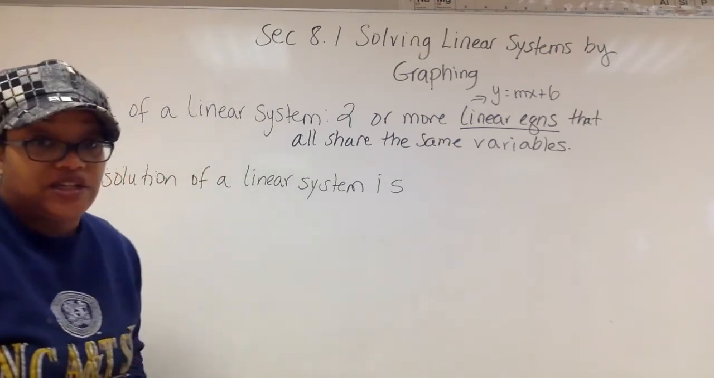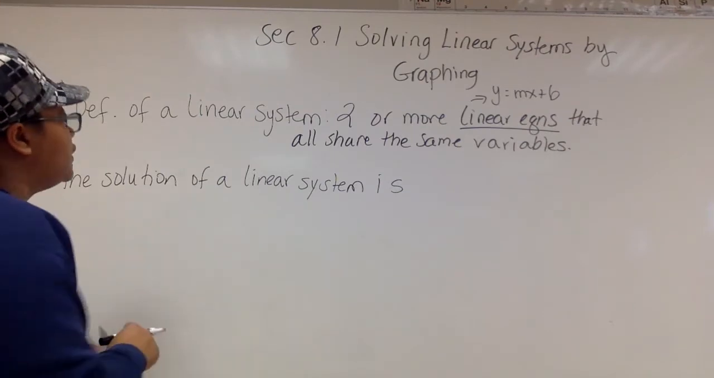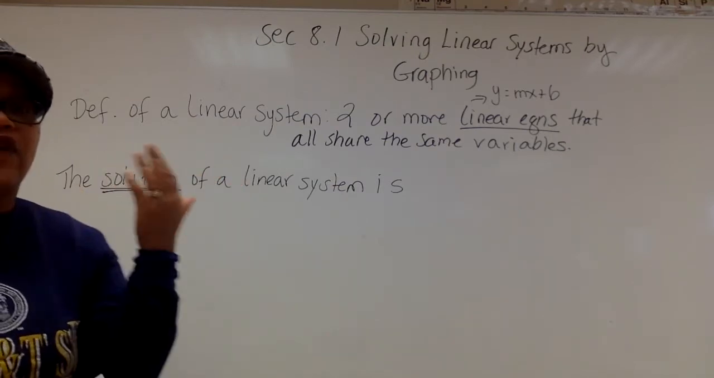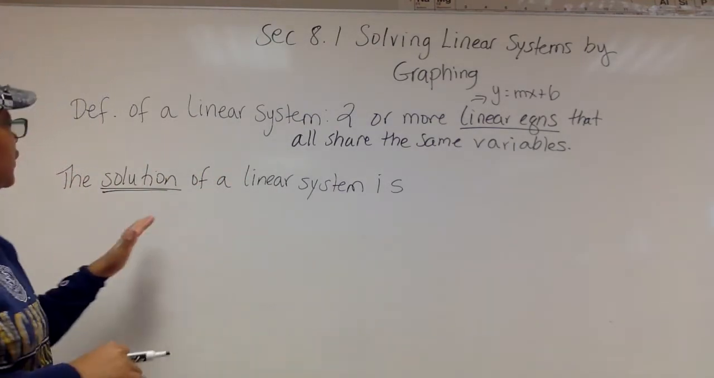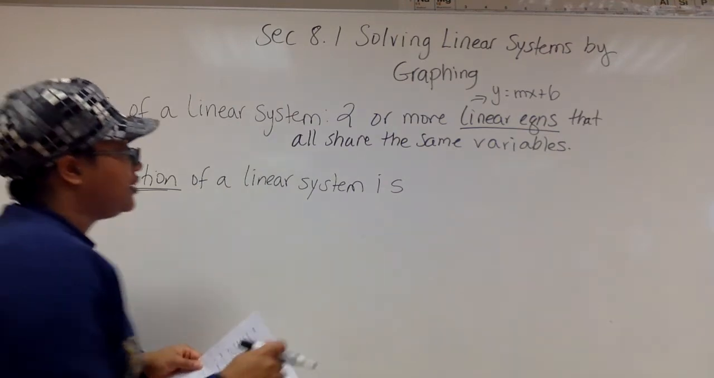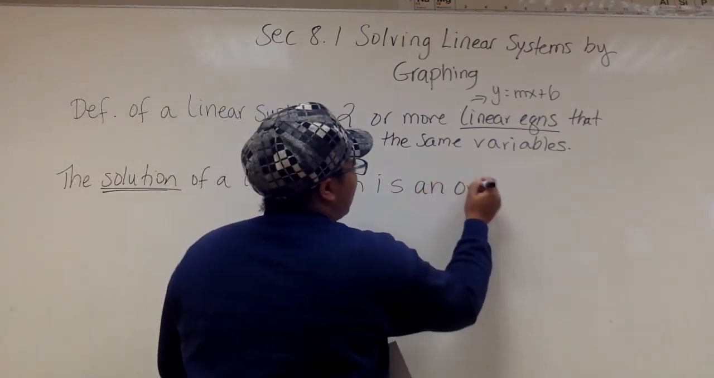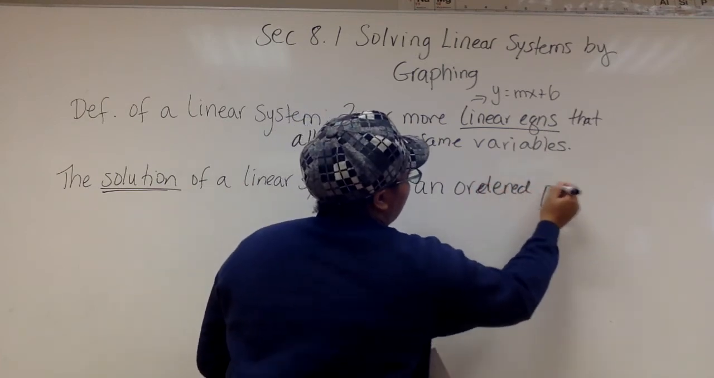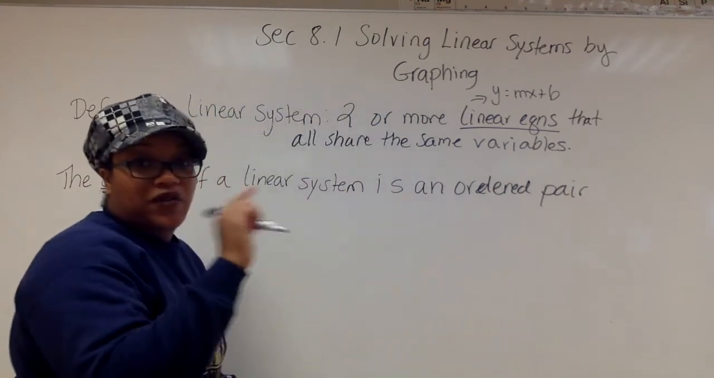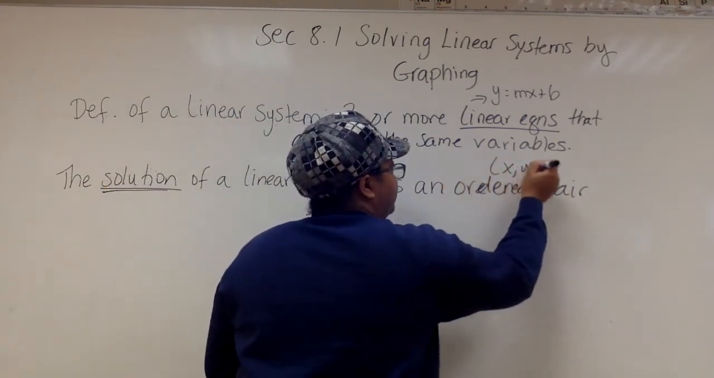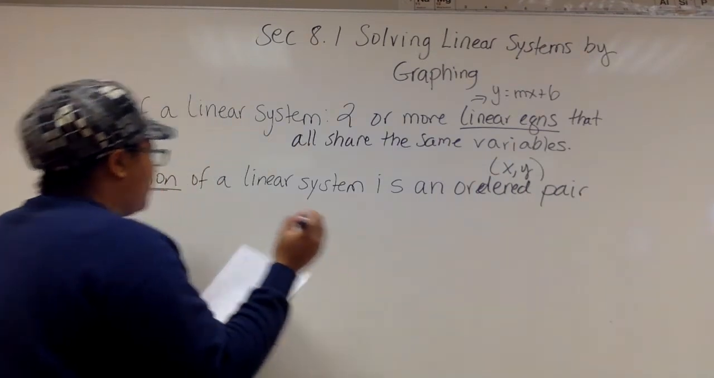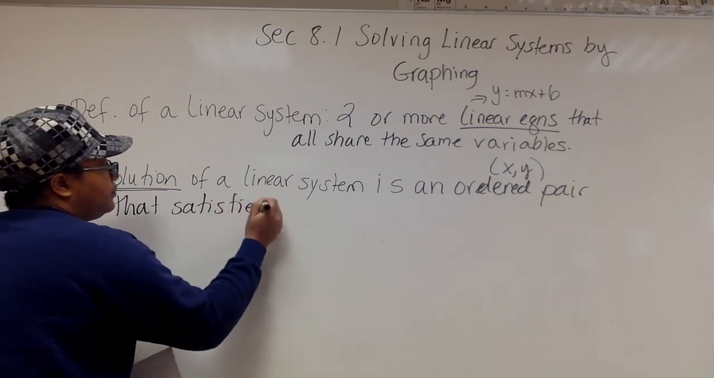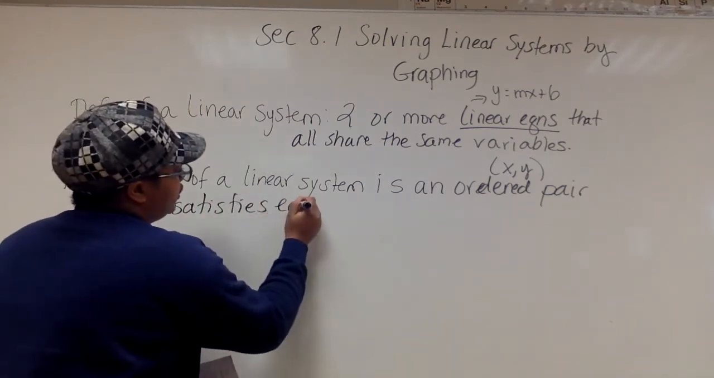So that's your definition. Now the next sentence in your notes is the solution. And that's what we're going to be focusing on. When we solve a linear system, your goal is to find a solution. So the solution of your linear system is, let's fill in the blank, an ordered pair. An ordered pair. And when we say ordered pair, you know that's a point. It's your x comma y. An ordered pair that satisfies each equation